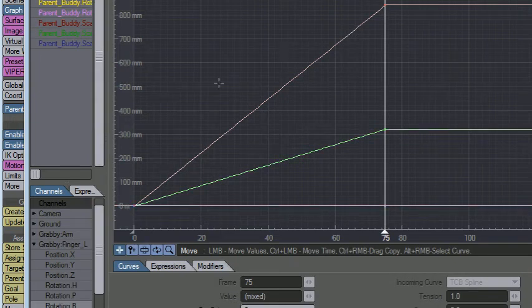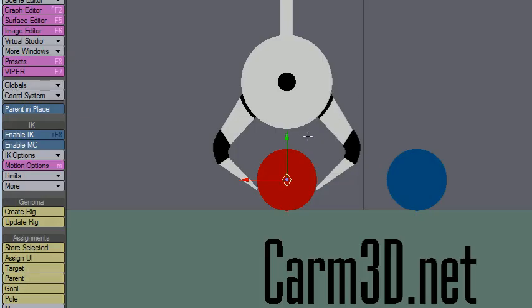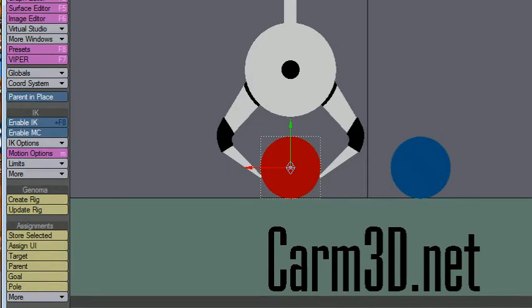Maybe I'll just do a little ease there, just for safety measures. Alright. I'll select the arm. Store selected. Select our little parent buddy. Parent, okay. Now with the parent buddy selected, store selected, select the ball, and now choose